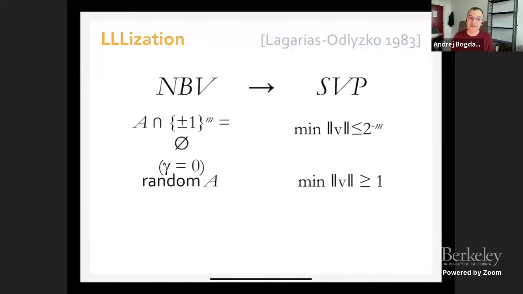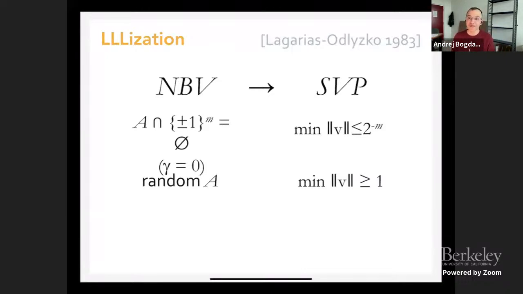So what these reductions tell us is that essentially, if I want to distinguish perfect completeness from random, then you can cook up an instance of the shortest vector problem so that subspaces that have a Boolean vector in them map to instances with a very short vector, while random subspaces map to instances which have a very large vector inside. And these two are actually distinguishable in polynomial time by the famous LLL algorithm. So this gives us a polynomial time algorithm for solving the exact version of NBV, even in the case when m equals n plus 1, even if I have just one more dimension.